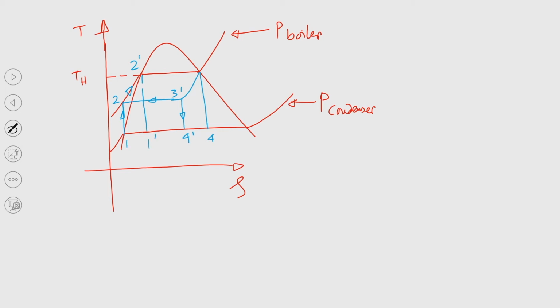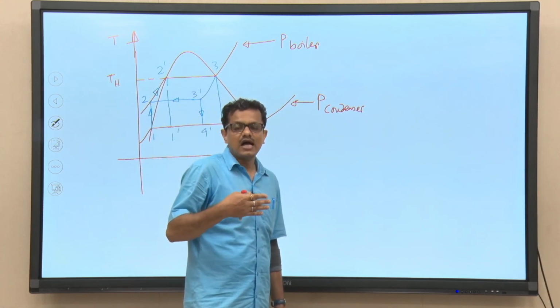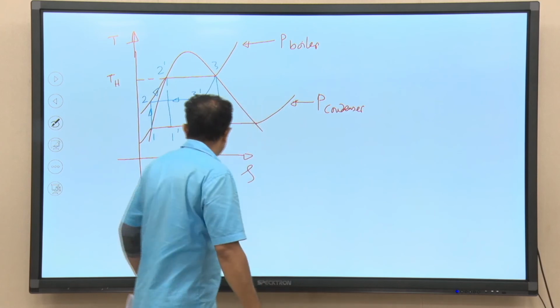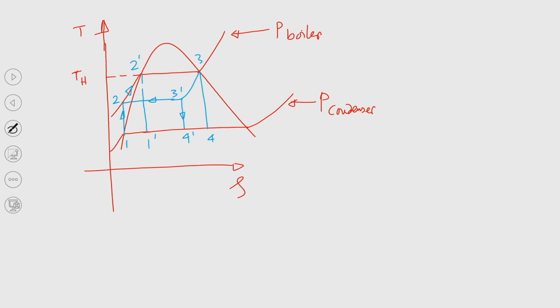So, now let me explain you. So, you can see the temperature of water increases from T2 to T2 prime, and this is 3, and temperature of steam will drop from T3 to T3 prime, right. Question is, we consider that this heat transfer takes place following reversible process. If it is reversible process, so that is quasi static process. So, I mean the process is reversible, internally reversible process. Okay.